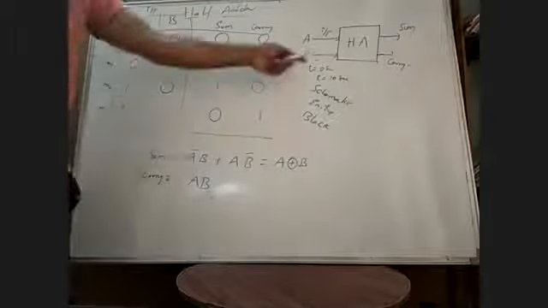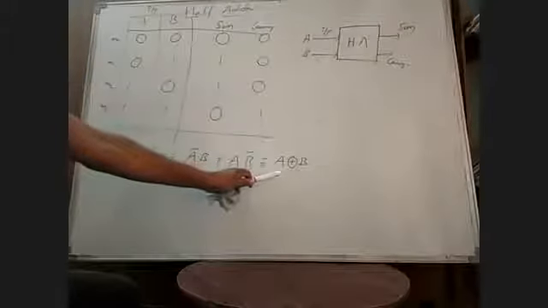Take the half adder and its functional table. When A equals 0 and B equals 0, write the sum and carry. Write the table, take the representation of the block diagram or schematic or entity, draw the block diagram, and write the output expressions. Output expressions are for the corresponding combinations. S equals 1 for this combination, A bar B plus A B bar. Similarly, carry equals 1 for only this combination, which you can write as A into B.